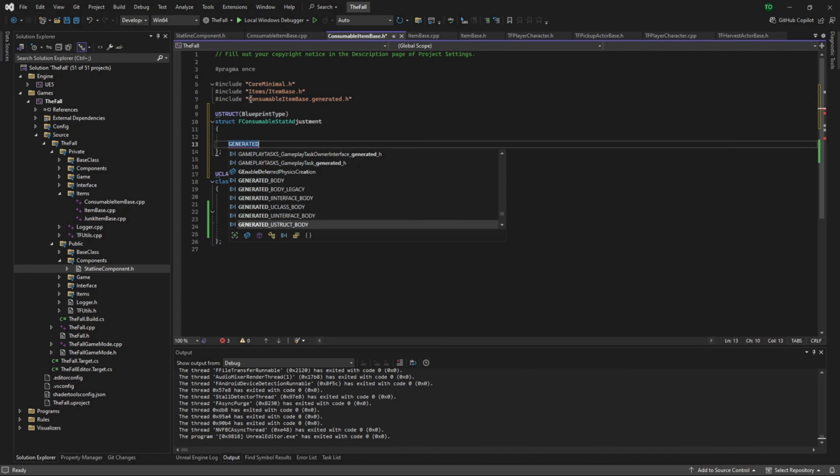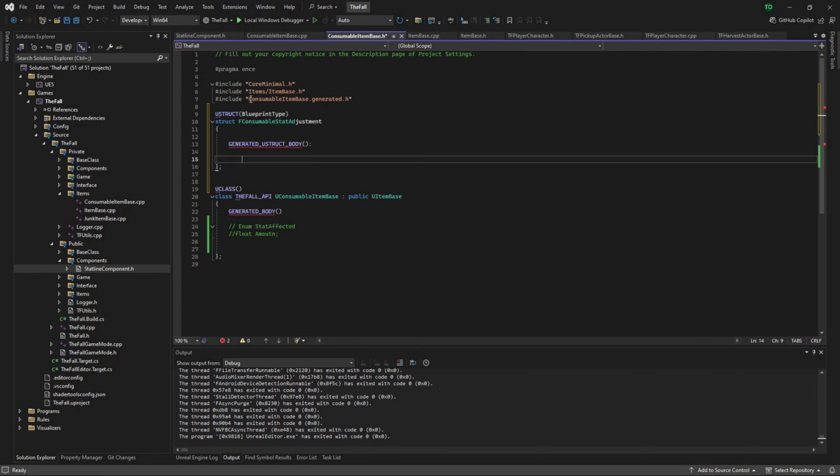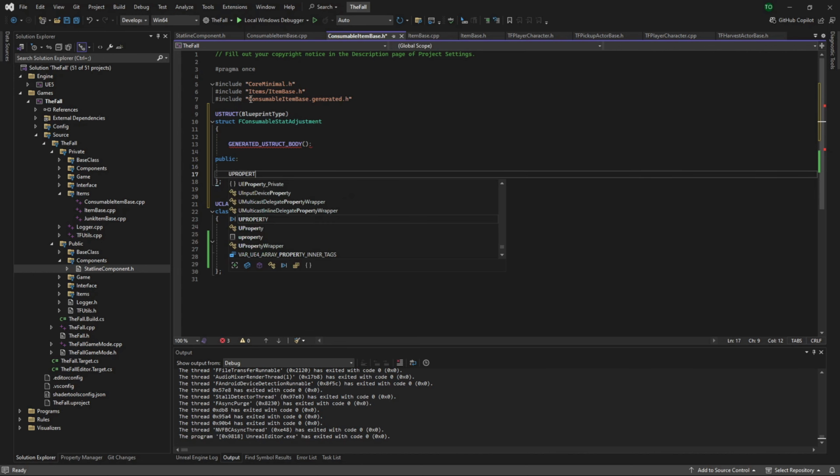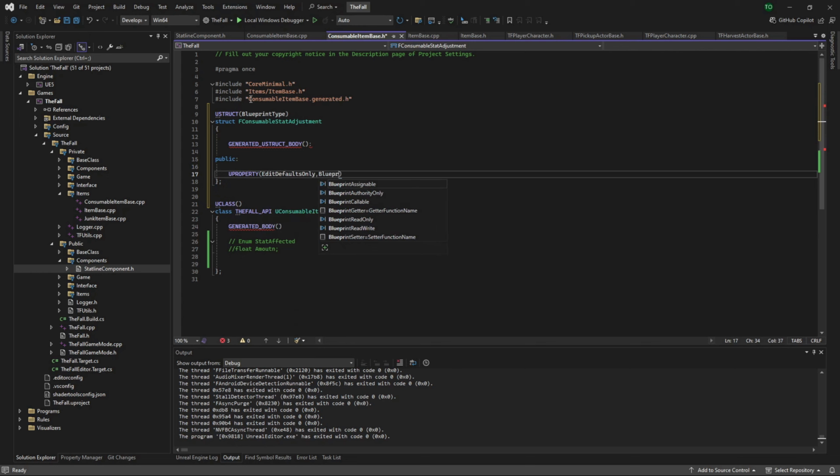GENERATED_USTRUCT_BODY, and then these we want, oh, they want these public or private. Well, these can be public because they're not going to be used anywhere else. So UPROPERTY EditDefaultsOnly, BlueprintReadOnly,